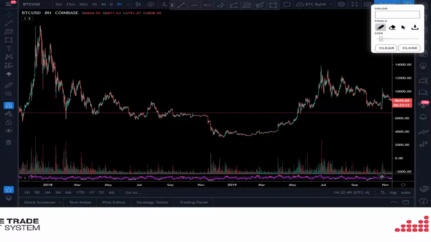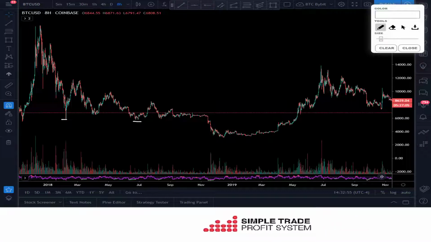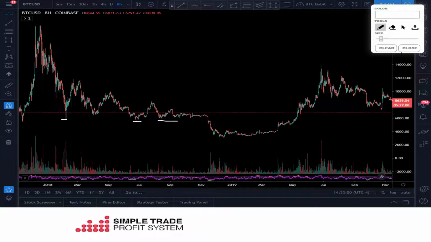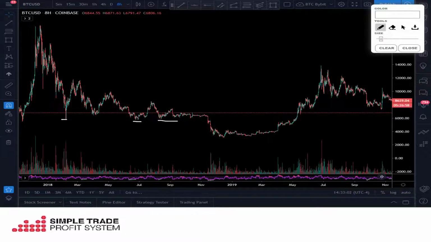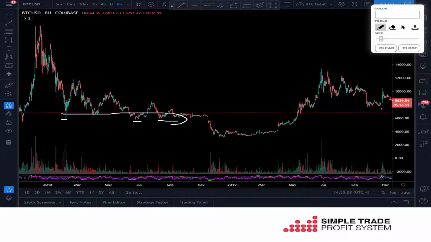So just look at this area, and keeping in mind that they're not exact prices, they're zones. We could even say this whole area, and there's some over here as well. Look at these areas where price came down to,